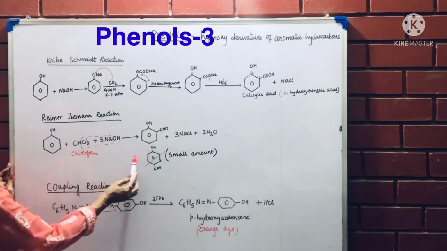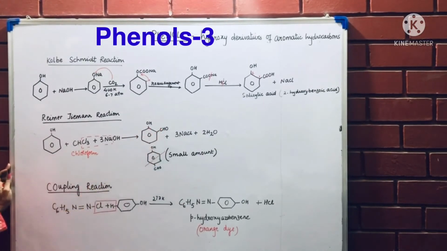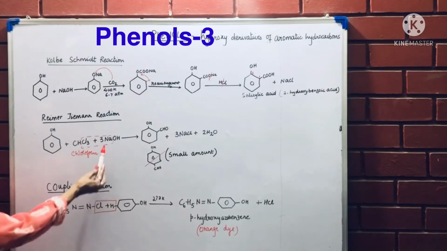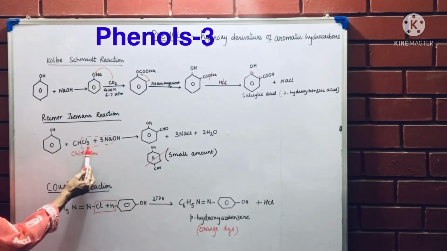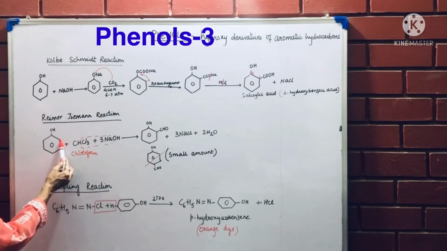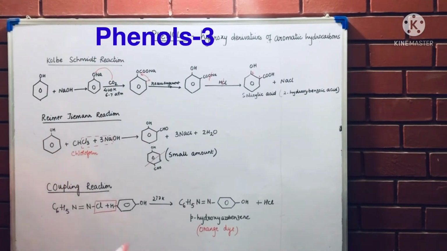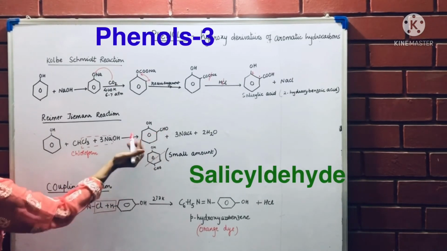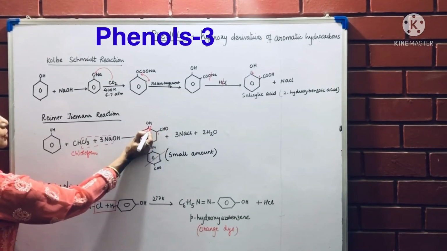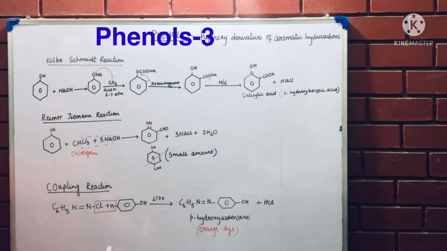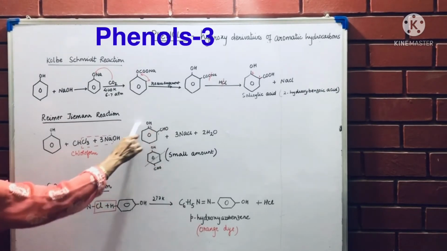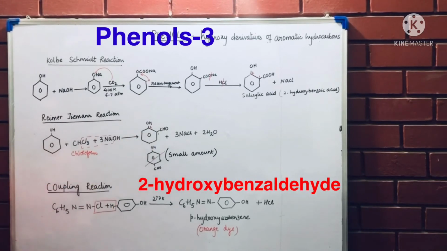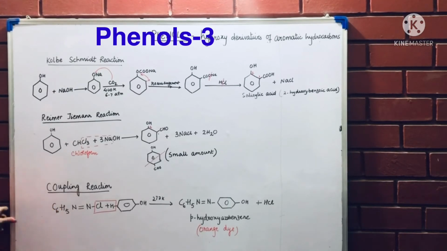This is the major product. So at ortho position, CHO group is introduced. Second part is NaCl formed here, and OH and H that you have removed from here forms water. So this is known as salicylaldehyde because this is an aldehyde. If I want to write down its name, I'll have to give this place 1 and 2. So it becomes 2-hydroxybenzaldehyde. At place 2 is a hydroxy group, 2-hydroxybenzaldehyde.